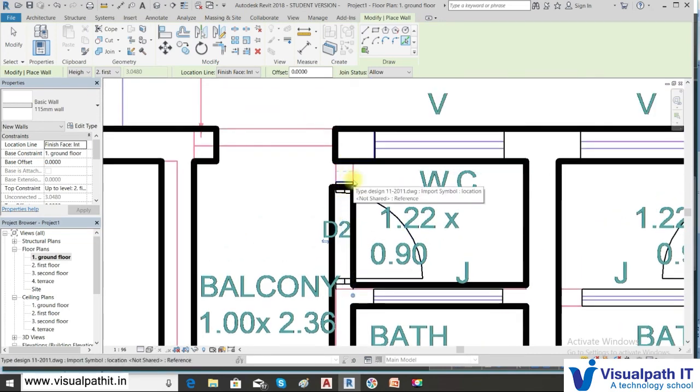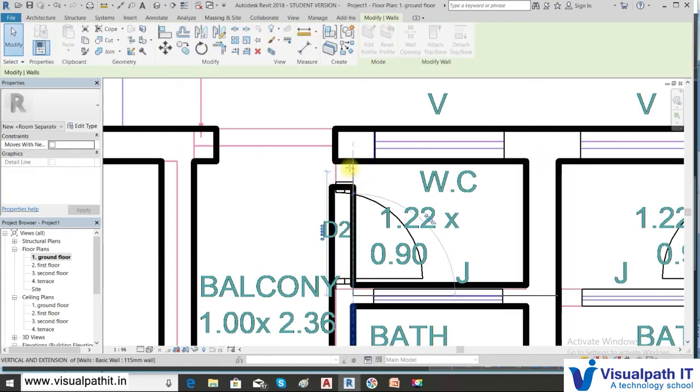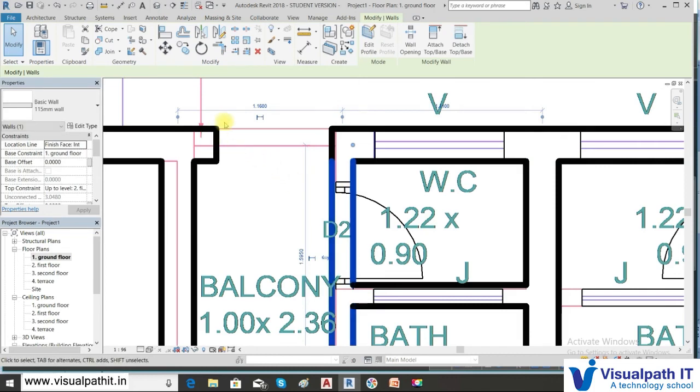You can drag it later or pick this option and drag it to that end. Here also. Now you can see that the thickness of the wall lines is showing in a highlighted form.